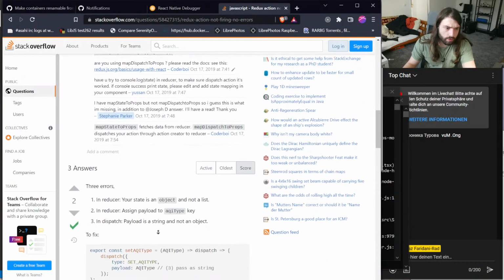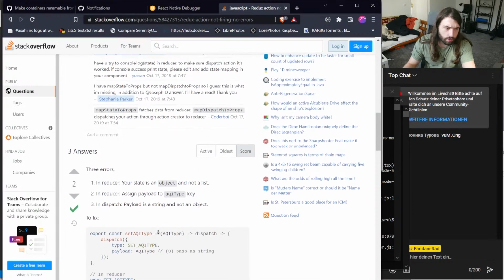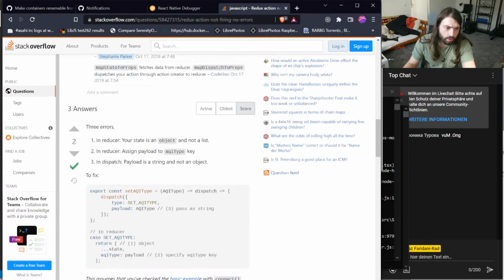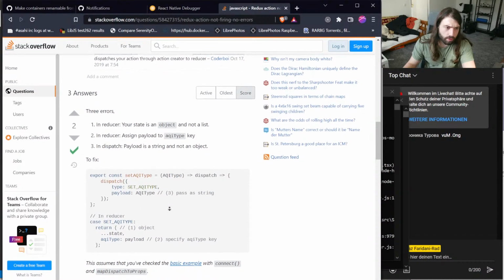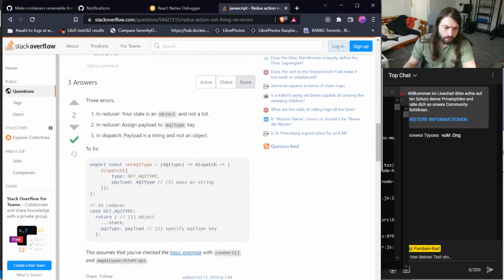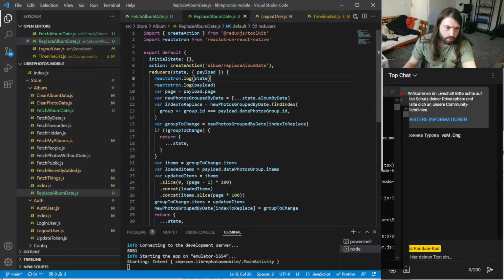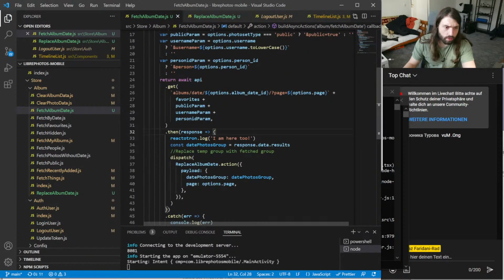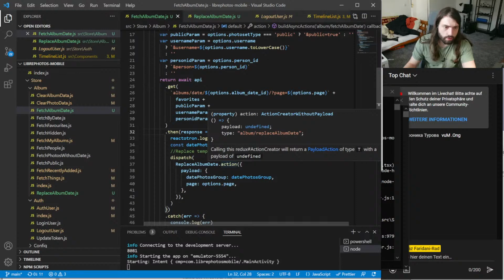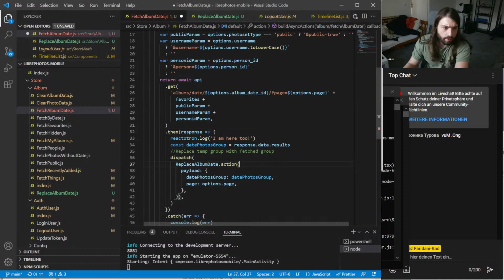Three errors. And reducer, your state is an object, not a list. And reducer, assign payload to the action type. Okay. In dispatch, payload is a string, not an object. Okay, so right. I am trying to call it like that, right? And then we have payload undefined. Right, okay, so if I do it like that,